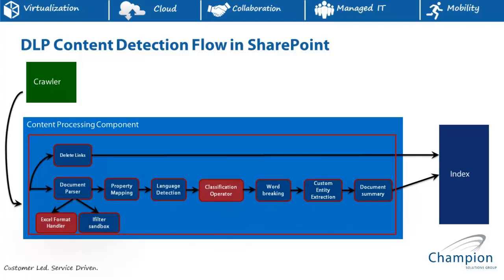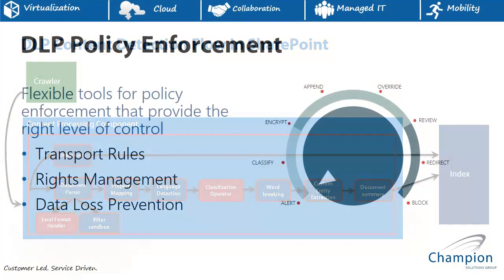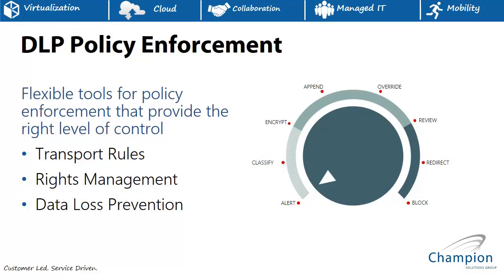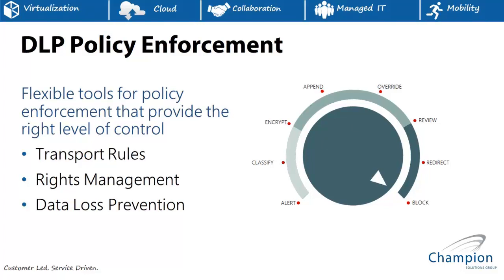on it, but then you can choose what happens when the user is sending out data that needs to be or is under our compliance regulations. Do you want to send it, alert? Do you want to encrypt it? Do you want to allow them to override rules or not? Or do you want to block it? These are the things that we've been talking about. This is just an example of how